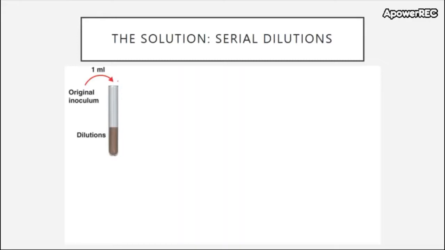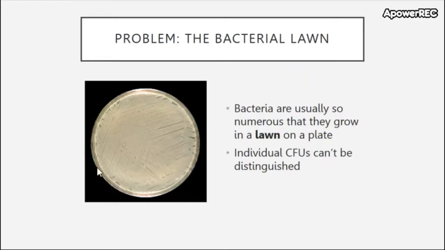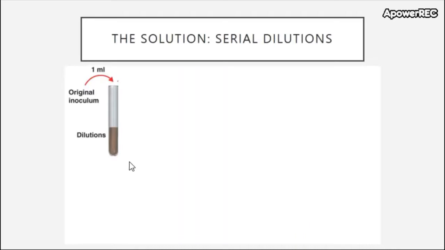That's no big deal though, because scientists have a workaround for this. Often in science, we have to dilute things several times before we can count how many there are. So in serial dilutions, we do just that. Remember that original broth tube that we poured onto this plate and created a lawn? Well, there is a method in which we could take that original broth tube, called the original inoculum, and we can dilute